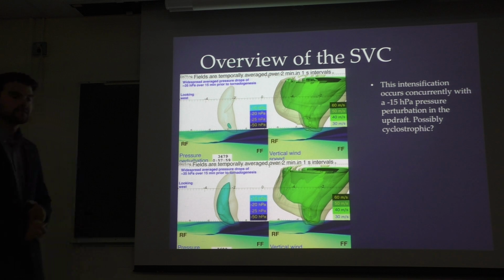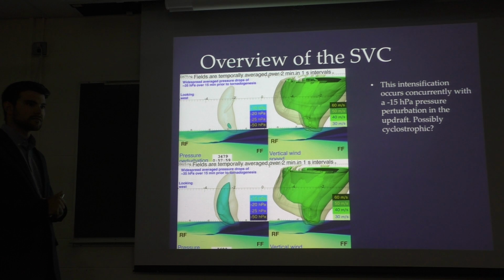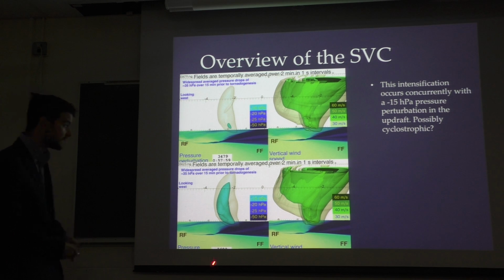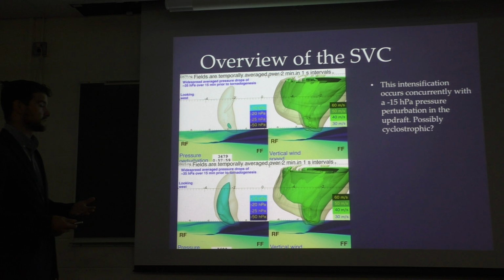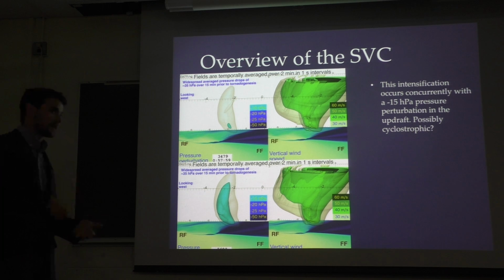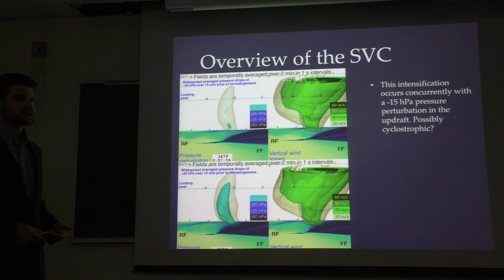Yes? So you're not sure whether it's a cyclostrophic pressure perturbation. What would be the alternative? How else would you sustain that kind of pressure perturbation? Yeah, that's a good question. I really personally think it's cyclostrophic if this bend truly does go through the SVC. It could just be that the updraft itself is kind of bent like that, but based on what I've seen in this simulation, I really believe that it's associated with the SVC. We just haven't proven that yet.